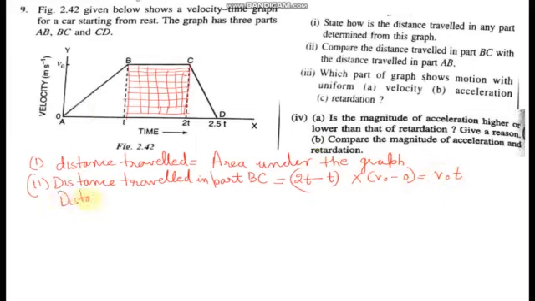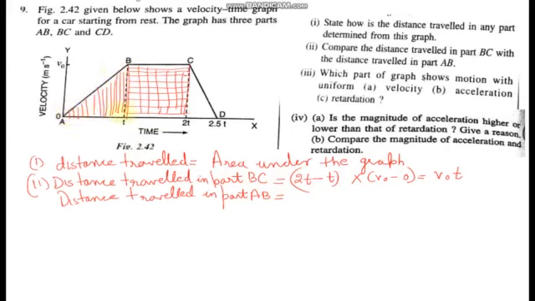Next we find out what is the distance traveled in the part AB. AB ये part है. Now we have to find out what is the distance traveled. Distance कैसे पता लगेगा? By finding the area under this. So these vertical lines is the total area under this graph. AB के अंडर जितना भी एरिया है, that is the area, the distance traveled in this part.